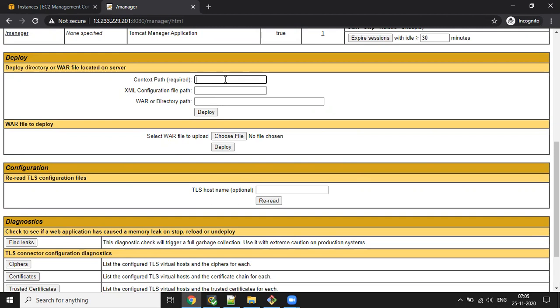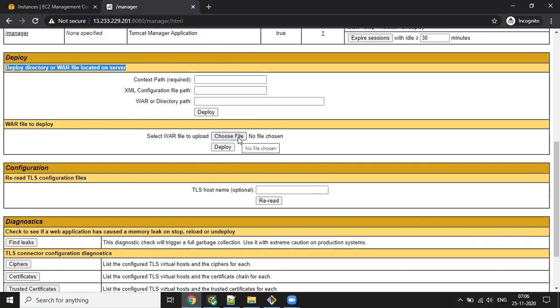You can give anything, but you must mention the WAR or directory file path, where that WAR file is available, and then deploy. As of now, we are not discussing this. Now we will discuss the WAR file to deploy.